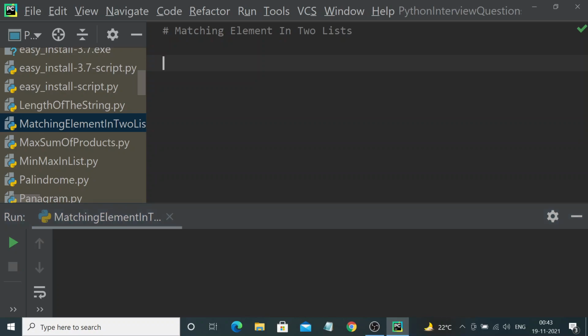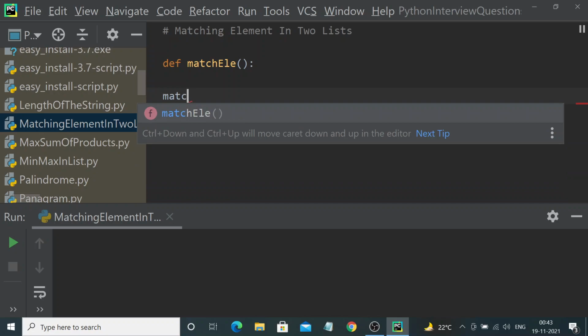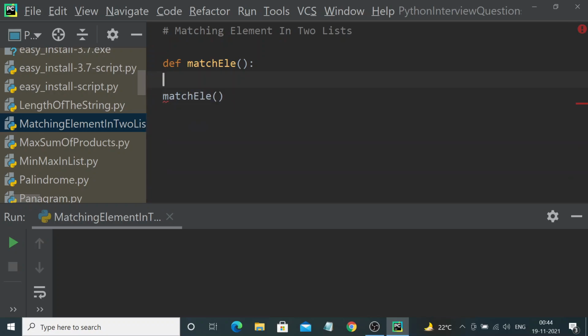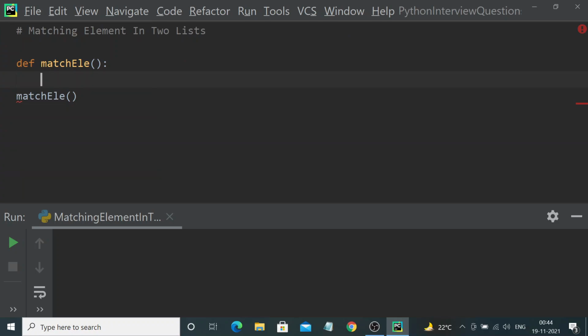Okay. So as usual, let's have a function def. Let's call it matching element, match_ele, and I'm gonna call that match, right? So now let me have two different lists.